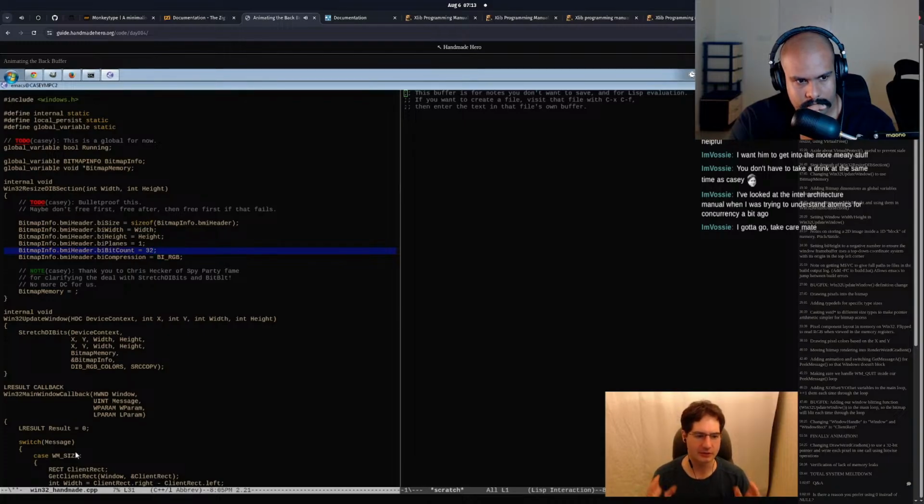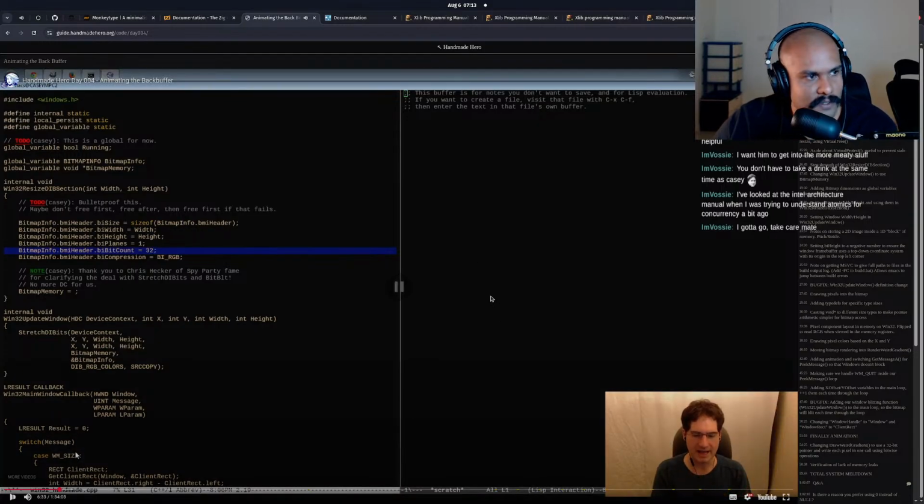if you're operating on 32-bit values, they should be aligned on 32-bit boundaries, meaning they should be on the 0th byte, the 4th byte, the 8th byte, and so on. They should not start on the 2nd byte. If they're 4 bytes long, they should be at multiples of 4 in memory. That's just the way the CPU is set up to deal with them. So what I want to do, just for now, to simplify things and to make sure we're not incurring any penalties unnecessarily, is make sure that we're always touching a pixel on an exact